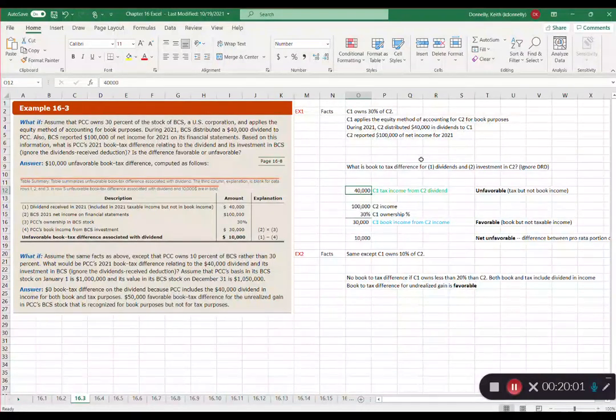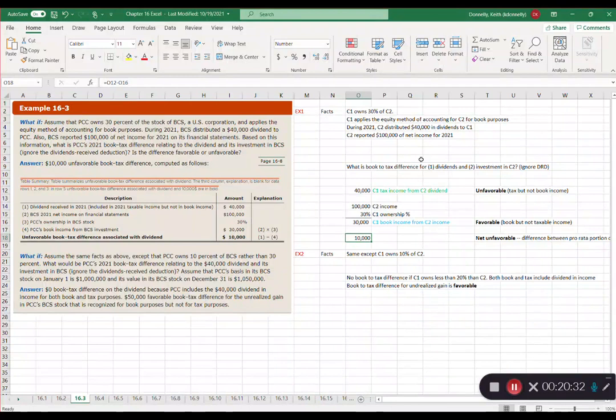So in our tax return, we say, hey, we have $40,000 of dividends we received. That's taxable now. On our books, we apply the equity method. We say, they had $100,000 of income. We own 30%. We're going to have $30,000 of income. Accordingly, to get to our taxable income from 30 up to 40, we have to have a $10,000 unfavorable adjustment,